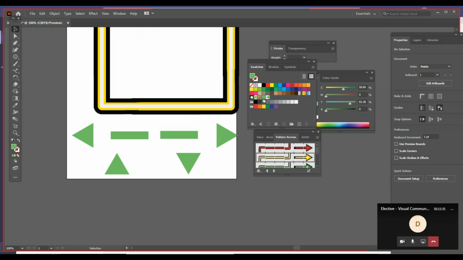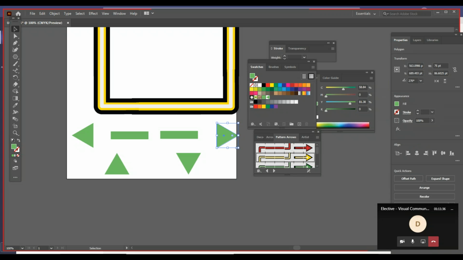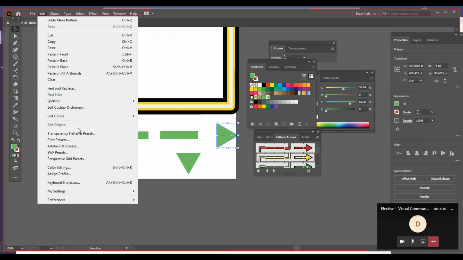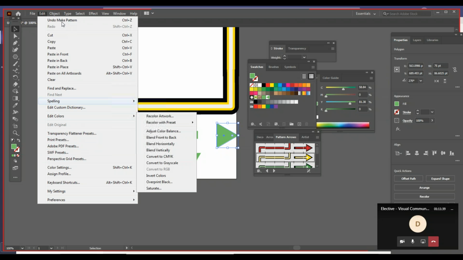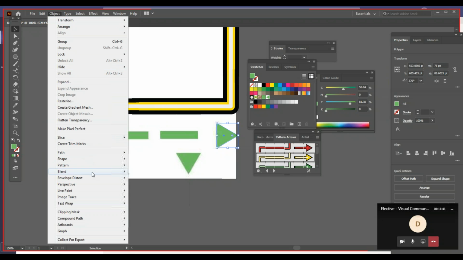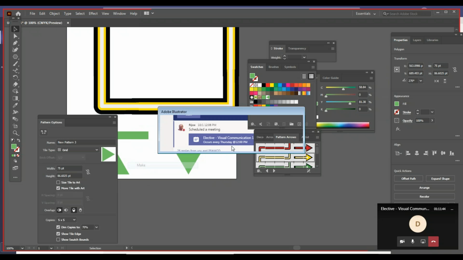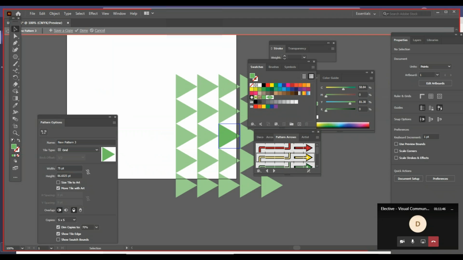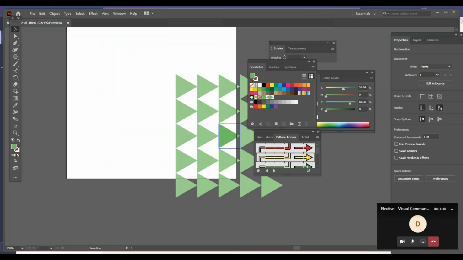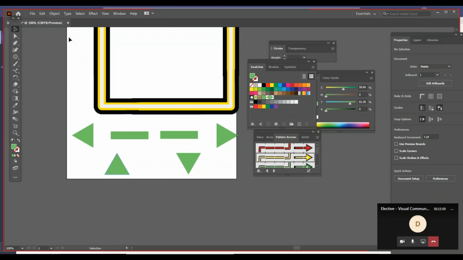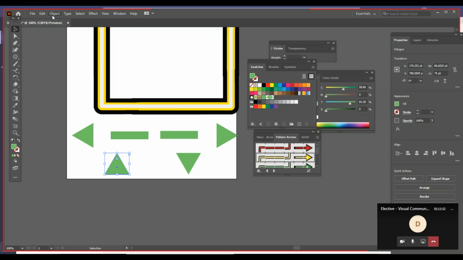So see, this is a pattern. This is a new pattern. This one again. So it is here, over here. I'll add another pattern. This, the third one, is going to be another pattern. I'll do like this, and I'll give done, and I will do object